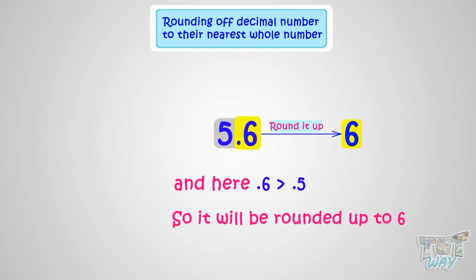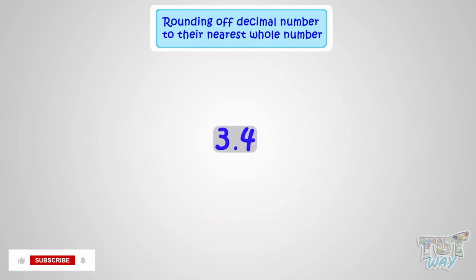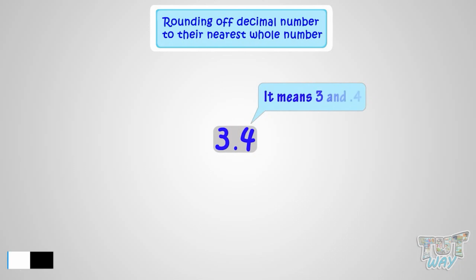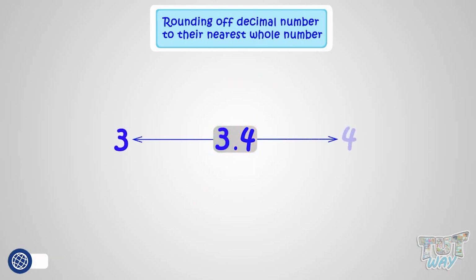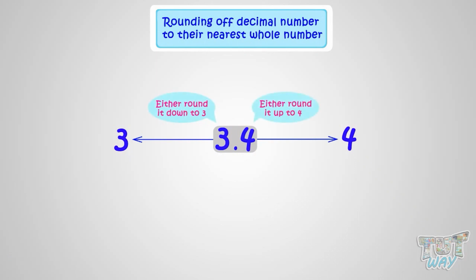Now let's see more examples. The next number we have to round off to the nearest whole number is 3.4. What does it mean? It means 3 and 0.4. That is, it has a whole number and a decimal number portion. And it is somewhere between 3 and 4. And if we have to round it to the nearest whole number, there are two options. Either round it down to 3 and remove the decimal portion, or round it up to the next whole number,